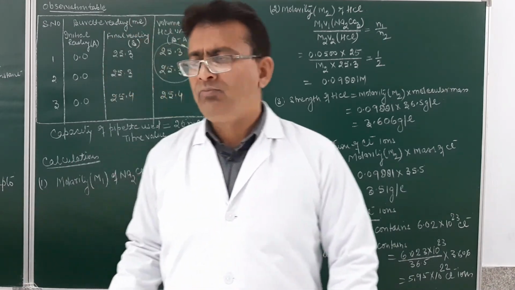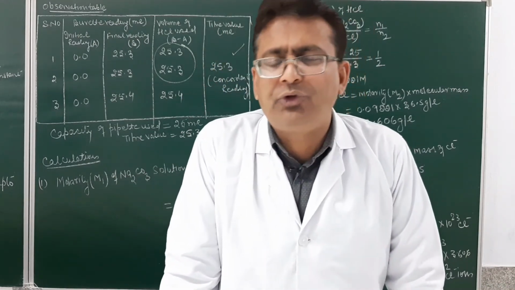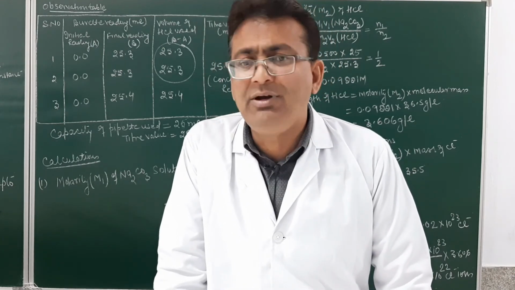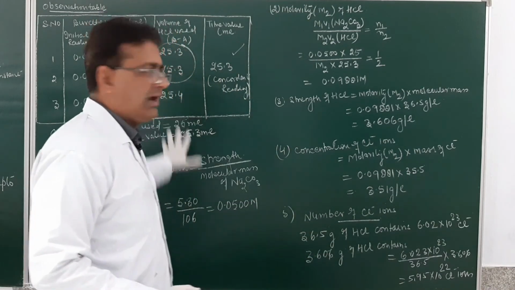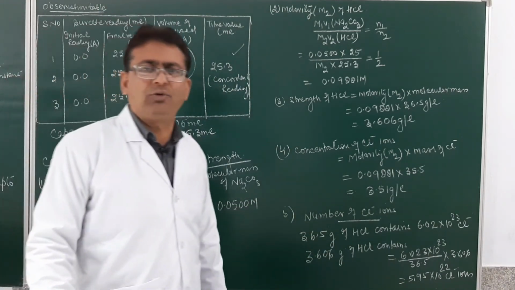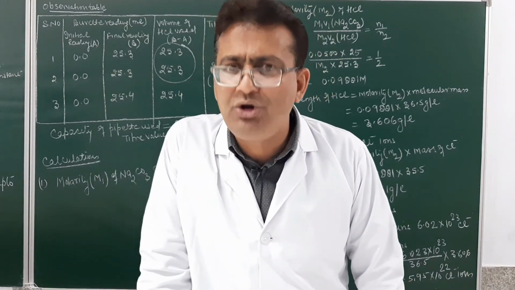Am I clear, student? So, this was the first titration in your syllabus, that is sodium carbonate versus HCl. The questions related to this have been done with you. There were 5 questions, the calculations of which have been made over here, and the tabular form of representation of the titer value has also been made. Exactly in the similar manner, you will be writing it down in your notebook.